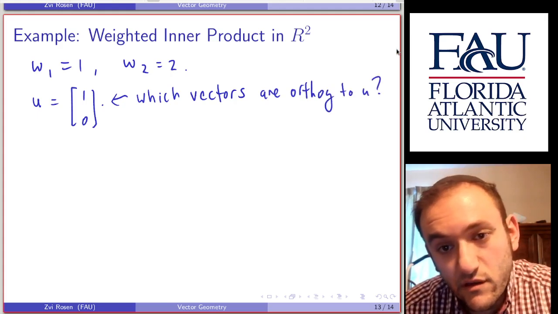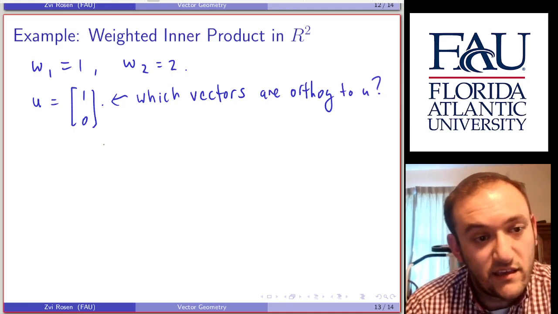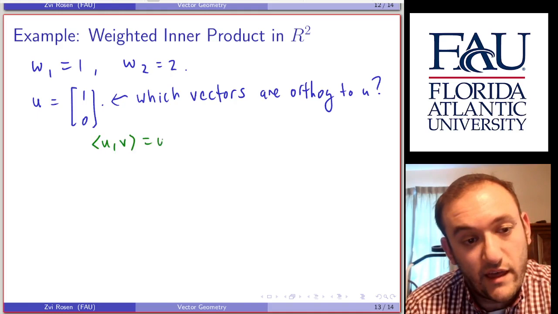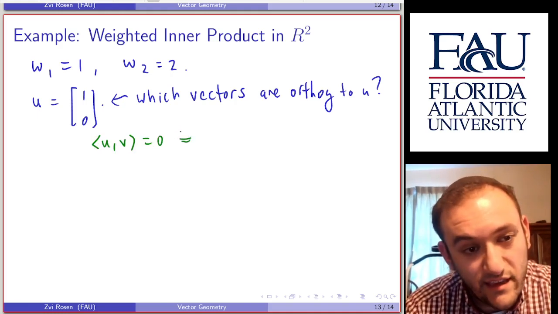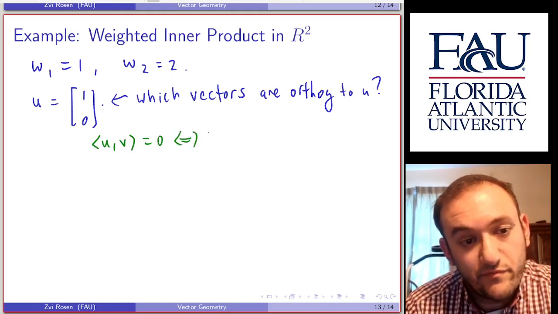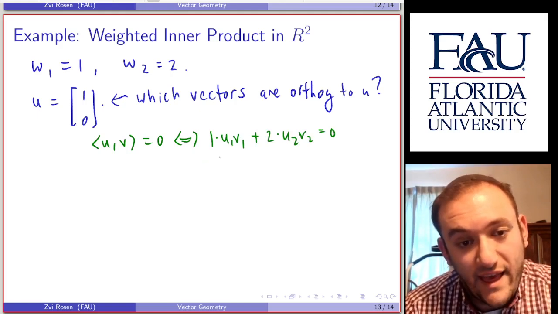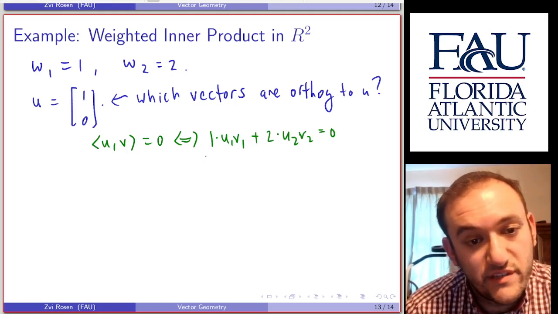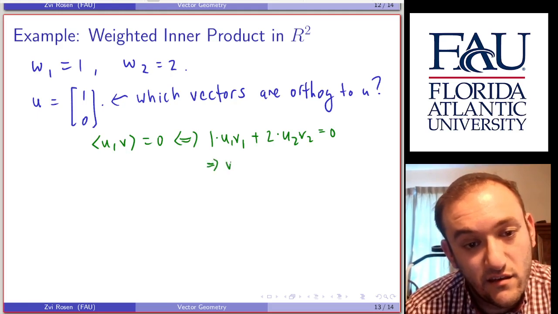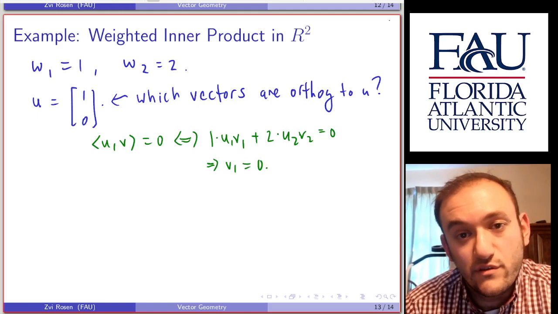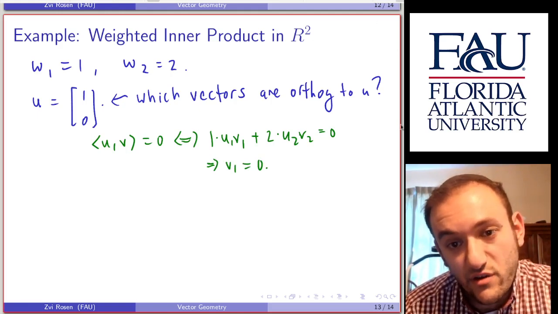Well, the way we could solve that is by saying if u and v have dot product 0, that's the same as saying that 1 times u1 v1 plus 2 times u2 v2 equals 0. And because we know u1 and u2, we can fill those in, and this tells us that v1 must be equal to 0. Okay? So specifically, if I were to draw this on a graph,